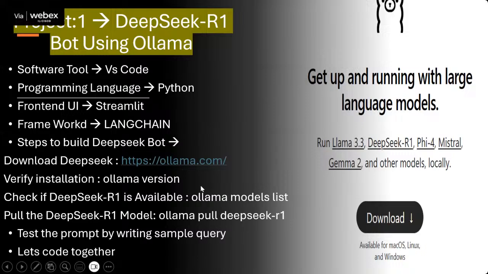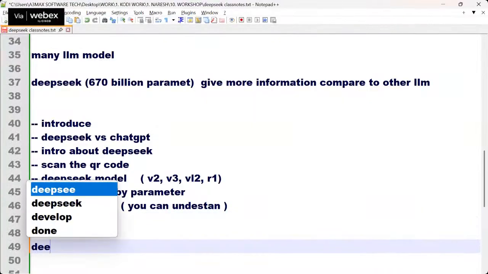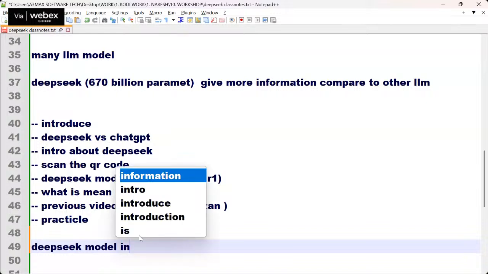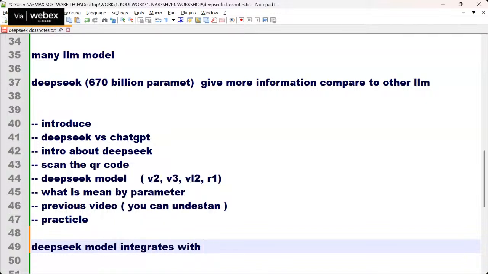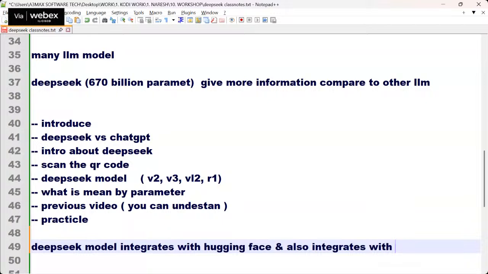So guys, there are two things. The DeepSeek model integrates with Hugging Face and also integrates with Groq. The new students who don't know about Hugging Face or Groq, no problem. I have done a lot of videos earlier and I will share the link.